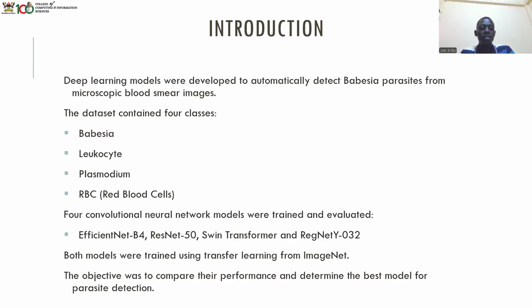Those architectures gave rise to models which I named using the very architectures you're seeing there. All models were trained using transfer learning from ImageNet. The objective of training all these models was to compare their performance and determine which model is best for